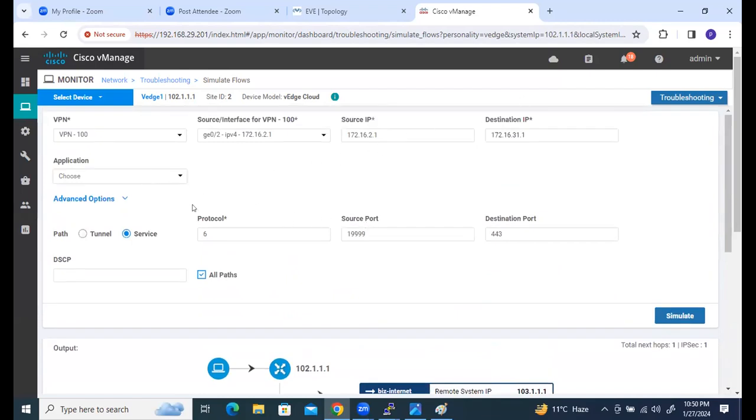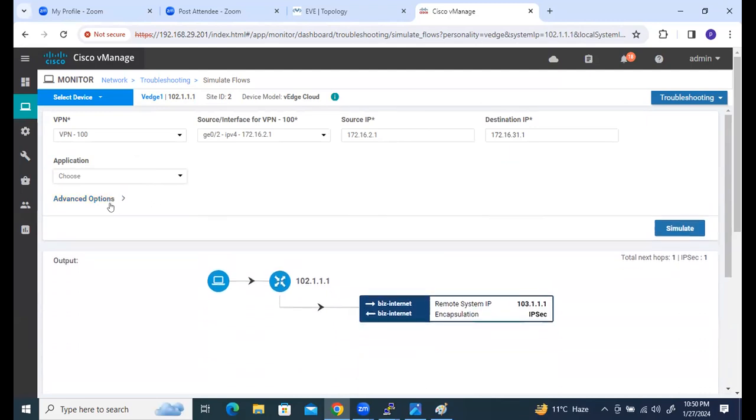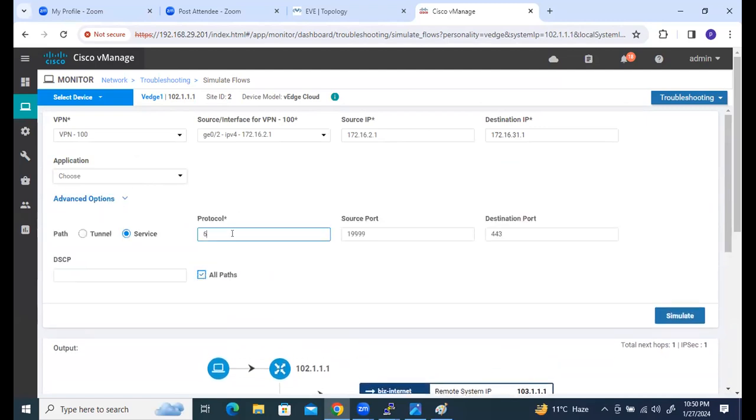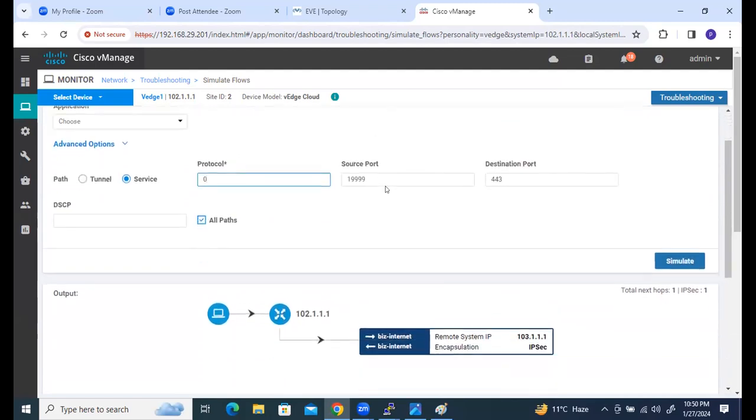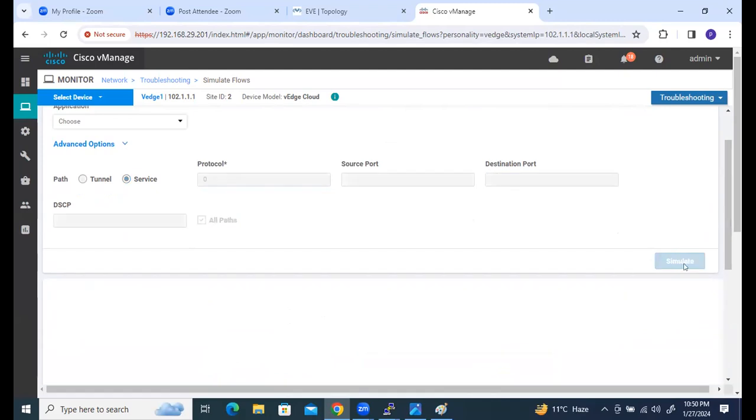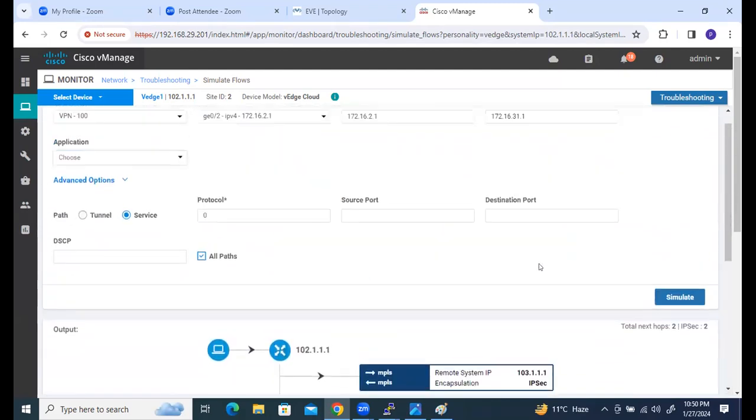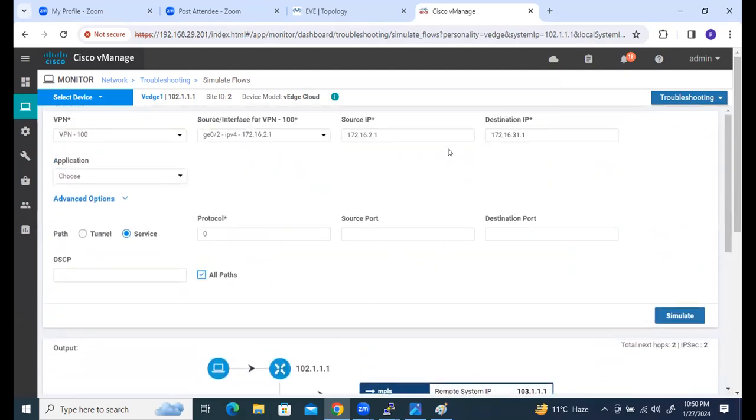If the normal traffic is there, protocol number is 1. Our policy is not working properly. What can be the issue? Let me check, guys. For normal, it is fine. But if it is a